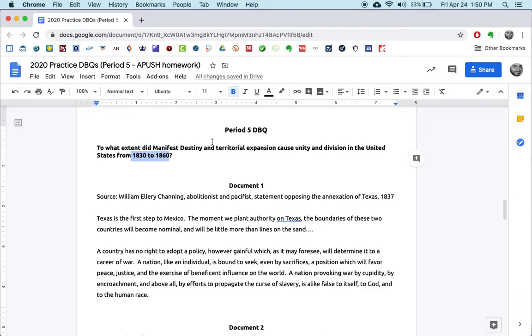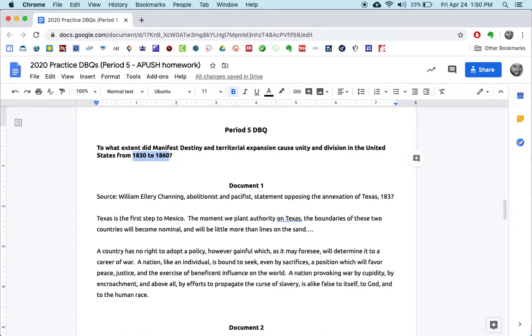The reform movements, especially women's suffrage, education, temperance, and things like that. The important thing is that whatever you talk about, whether it be something that happened after 1860, like the Civil War, before 1830, like the War of 1812, or during this time period between 1830 and 1860, like Jacksonian democracy, or the women's suffrage movement, you have to both describe something that's pretty specific, not just throw it out there,